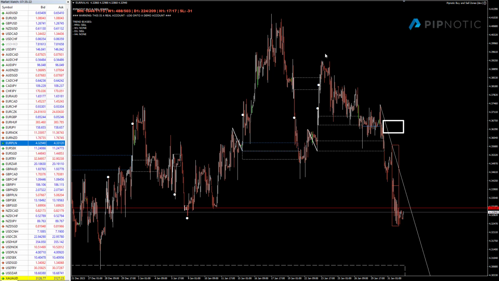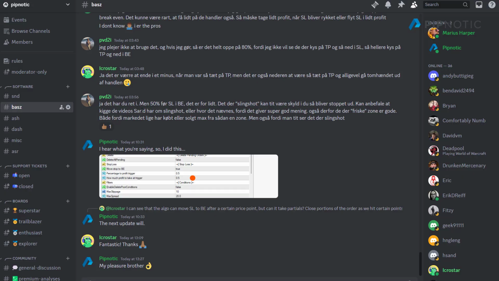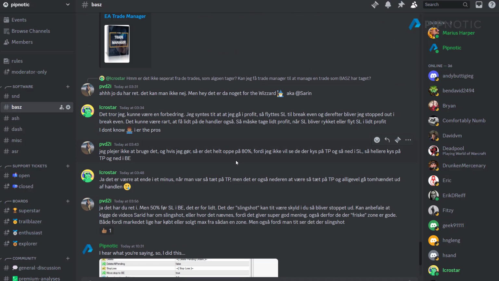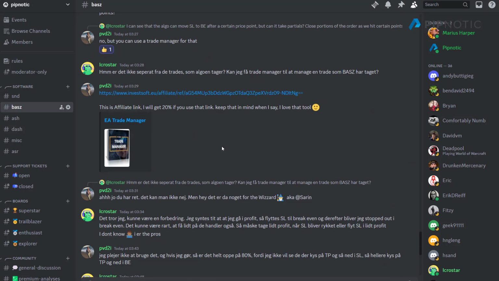And now there is one in the buy and sell zones algo trader that is kind of cool. I saw a couple of people chatting in the forum, and I just wanted to talk about that. So if we go here, it was Icrostar and Anders who were talking about